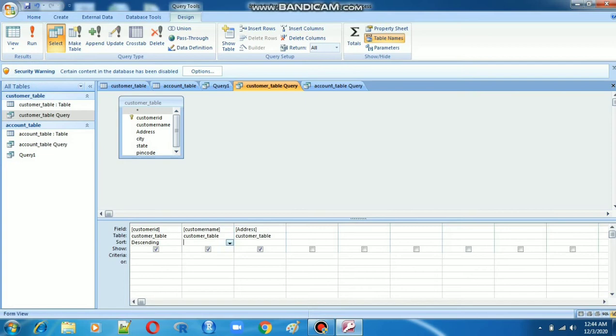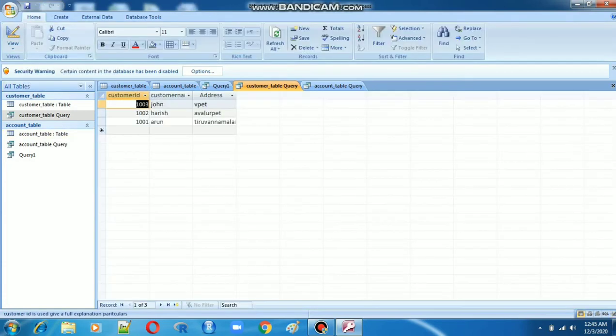For customer name, ascending order means A to Z, descending order means Z to A. So now I execute the customer table query. See here, A came down. J is first, next Harish, last one alphabetical A. So this is the ascending and descending order method.